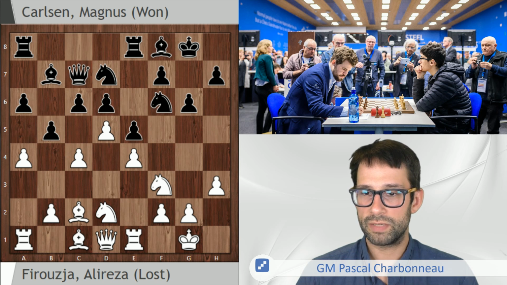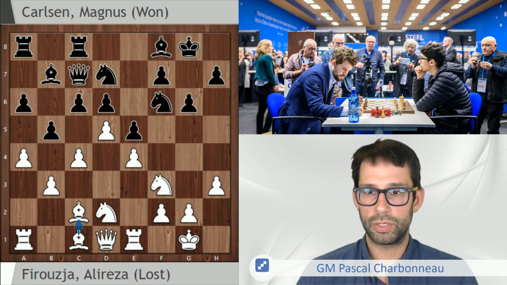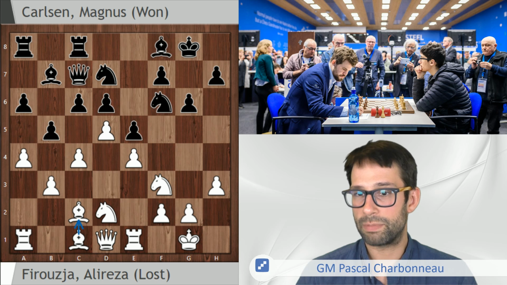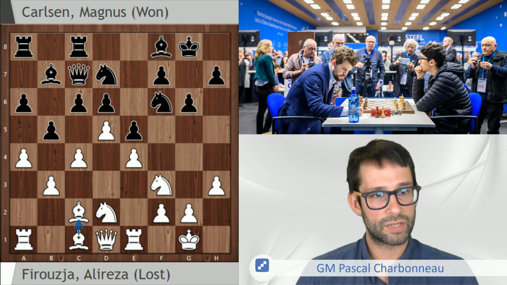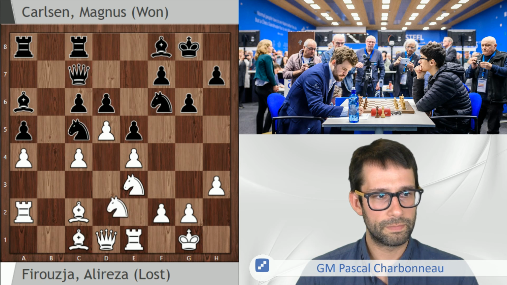Now Magnus plays quite typical moves, but quickly white has a problem with their bishops on the c file. Perhaps because he's lost a tempo, he doesn't have time to play rook c1. So if his bishop was already on b2, he could have done that. We're going to fast forward here to